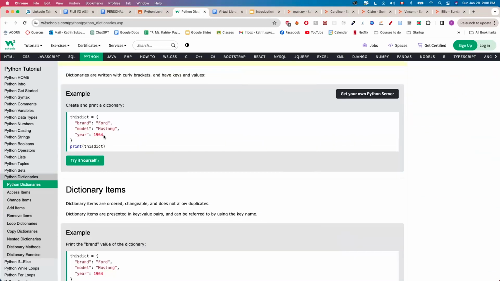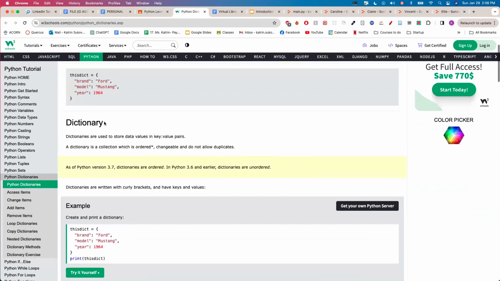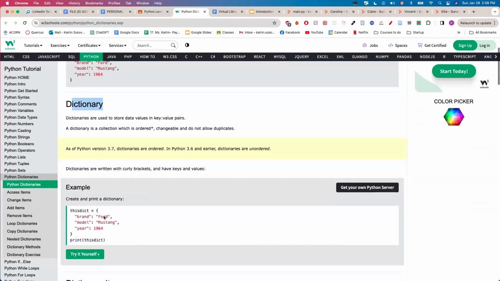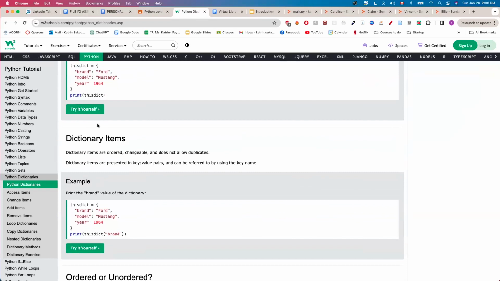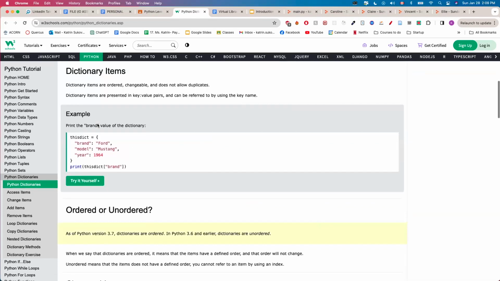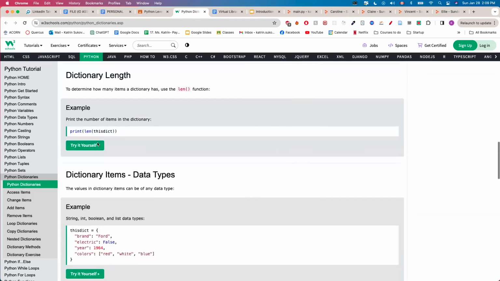Now, I know sometimes it can get a little bit overwhelming when you're trying to read documentation. But this is a really great website. It has everything kind of broken down. So how to create a dictionary, how to print a dictionary. So if you're ever stuck and you're like, I don't remember how to add items, you're going to scroll down. You're going to try to find